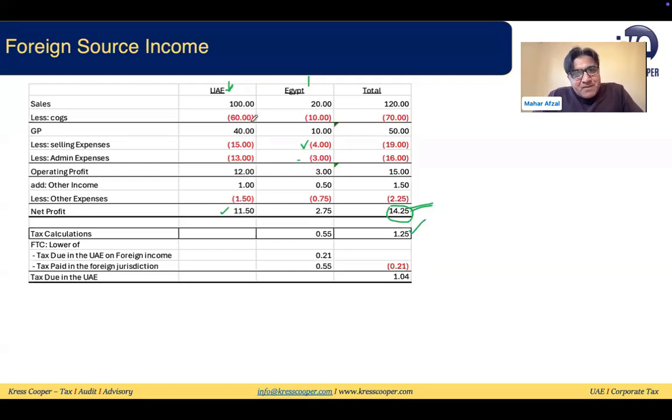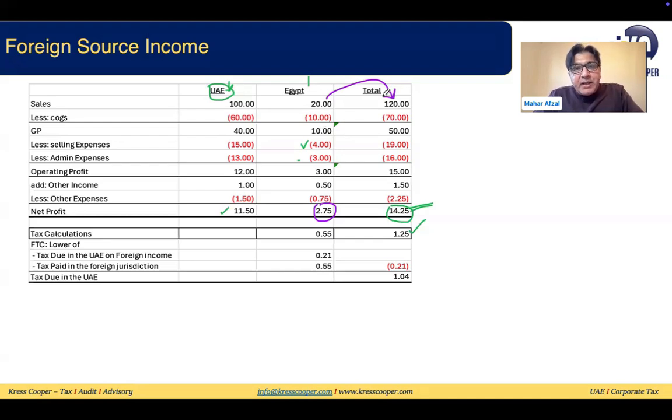Now, this company will ask the FTA: for UAE sourced income, you can calculate and take the tax, that is very fine. But for Egypt, they have already paid tax outside the UAE on the 2.75. Again, this income is also included in this consolidated income. So do they need to pay tax again? Then here the provisions of the law and the double tax treaty will come. This is very important, I am highlighting. The law says, and it has been written in the guide as well, even if a double tax treaty doesn't exist between the countries, you can still enjoy the foreign tax credit.